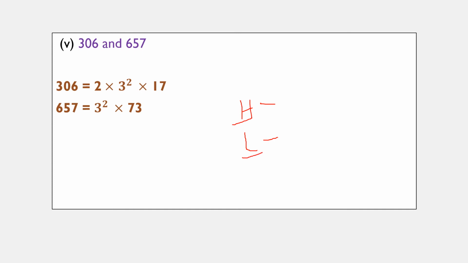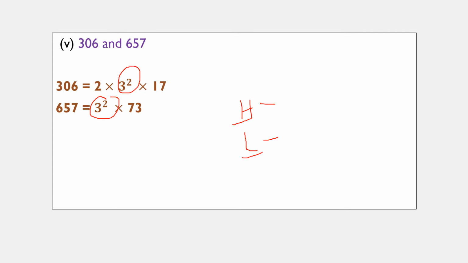So here is your next problem, 306 and 657. Do the prime factorization and write the product of prime factors for 306 and 657. It will be shown in this way. Okay, so here we'll do the HCF and LCM. HCF means from the common, the smallest power; LCM means from the common, the greatest, and the remaining also greatest power. So here the common things are 3, here also 3. So 3 square, 3 square. Other than 3 square, there are no other common factors.